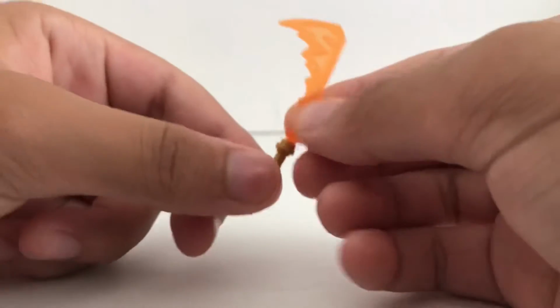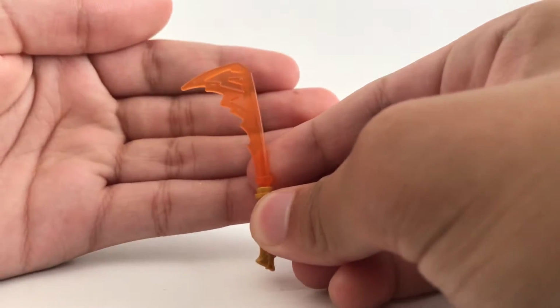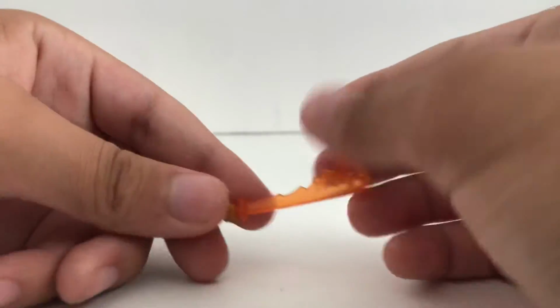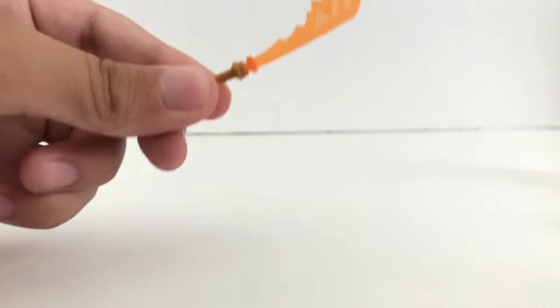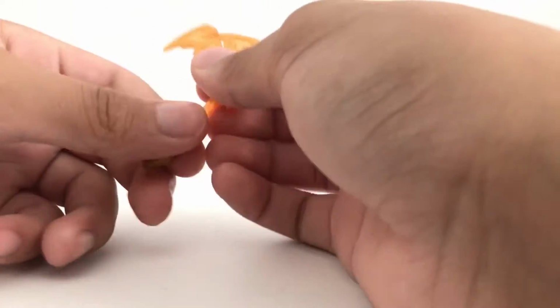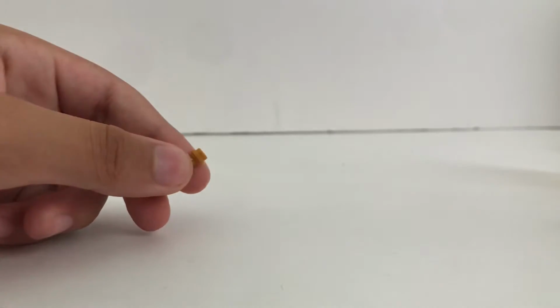Last thing before we get on to the minifigures, you have this sword that looks really, really nice in this light. It's like a transparent orange, where you can see that blade there, and he's swinging it in motion, like fire, like that, so that's really cool. And not only do you get this, but you also get another one as well. You get a second copy of all of the weapons. Yes, I said all, because you have Jay's nunchucks that can swing like this in that fiery color, and then